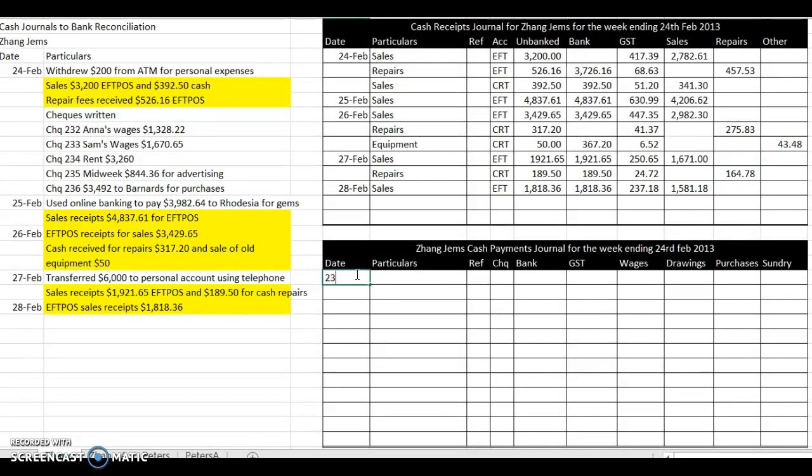So we've got 24th, drawings. Through the ATM, and the amount was, took out 200 bucks for himself or herself. We've got some checks written. First check's wages. We don't write names, we just write what it's for. Okay. 1328.22. We've got wages for Sam, 233, and Sam got paid $1,670.65. We had rent,